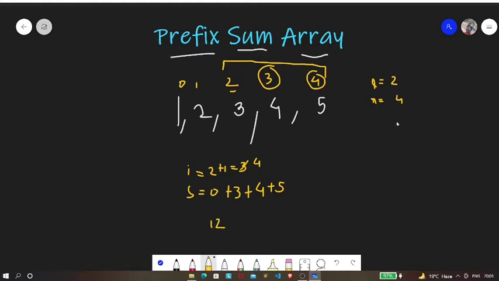But let's say that our L is something like 3 and our R is 4. So what we're going to do this time, our I will be pointing to 3, and our sum will be initialized to 0.